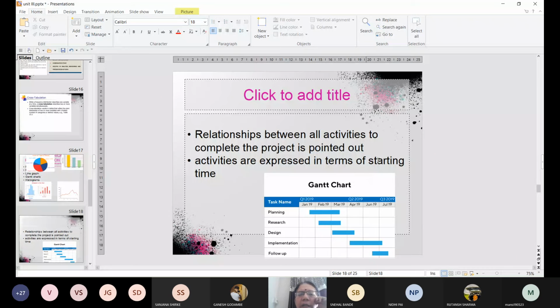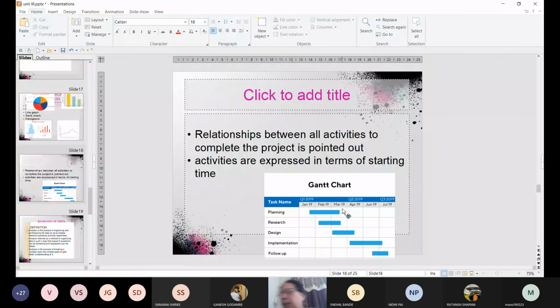Now this Gantt chart is something new for you maybe. So what is a Gantt chart? Gantt chart is the name because it is made by a person known as Gantt. This particular chart explains the relationship between activities required to complete the project. For example, यहाँ पे ये project है जिसमें आपको ये diagram ऊपर कर देती हूँ एक second.